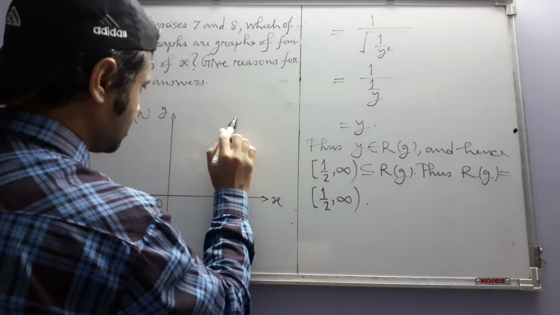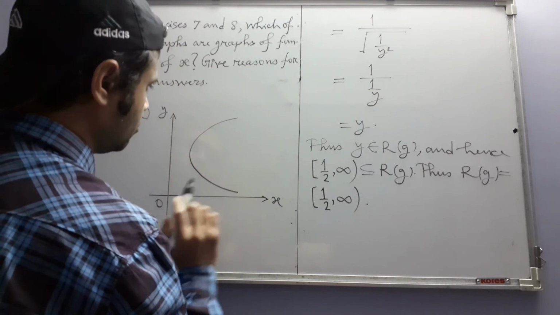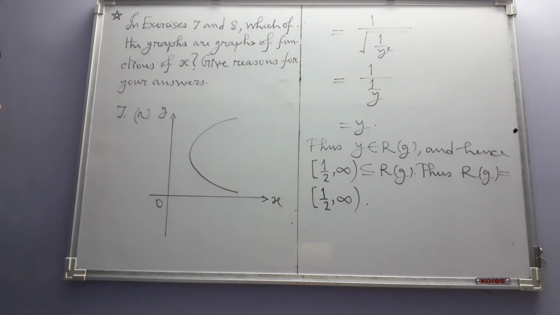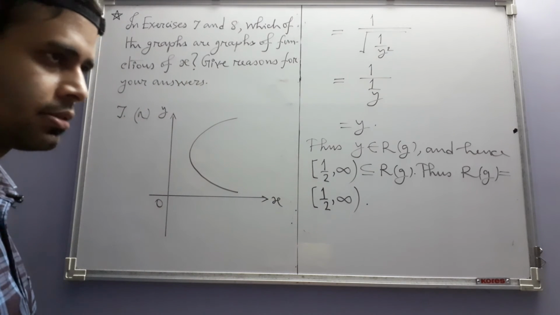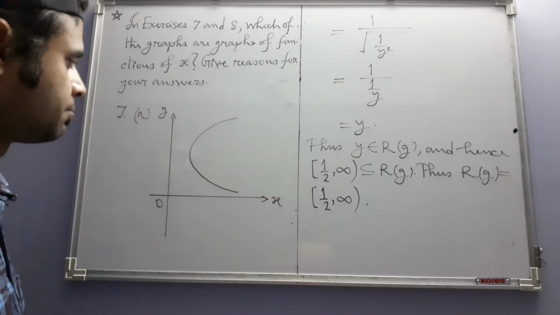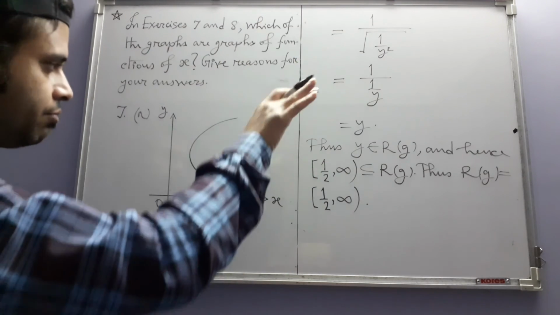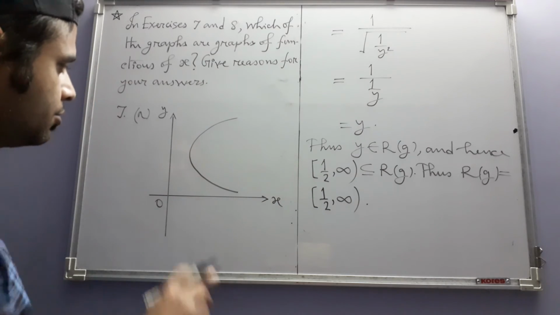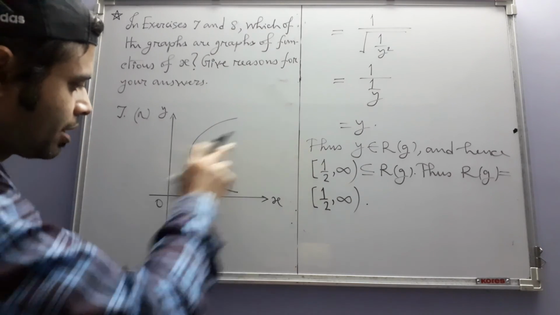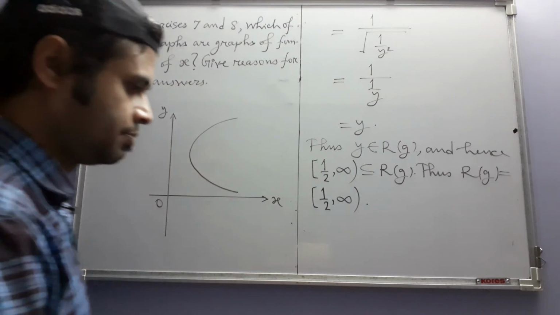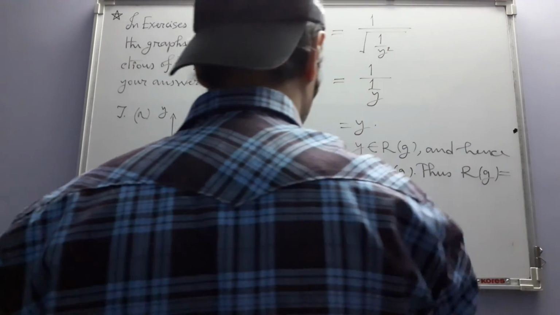Our first curve looks roughly like this, which you can guess is a parabola, not this type of parabola, but this type of parabola whose axis is parallel to the x-axis. And then